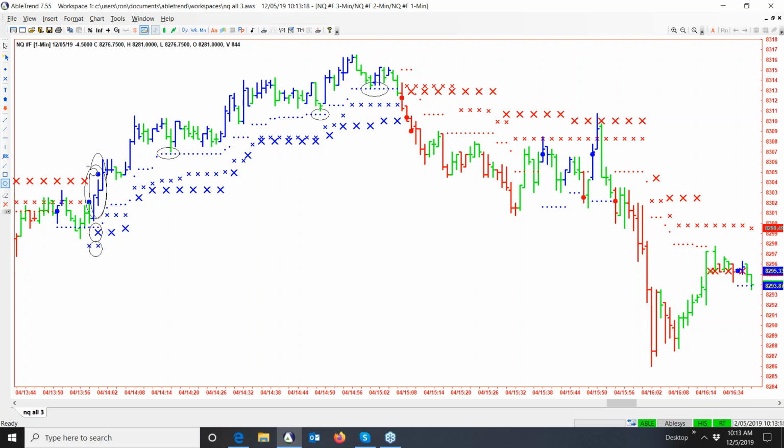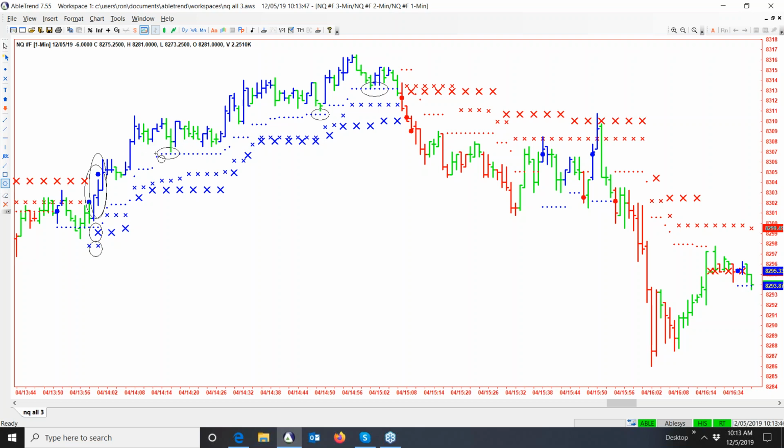So when we have triple confirmation, which is what we call it, blue bar, blue dot, blue X, at the close of that bar, because when the bar is open, it can change colors. Once the bar closes, it's final. It'll never change again. Otherwise I'd be cheating. Anybody can tell you after it happened what you should have done. Well, that's kind of obvious. So once the bar closes, it will never, ever change colors again.